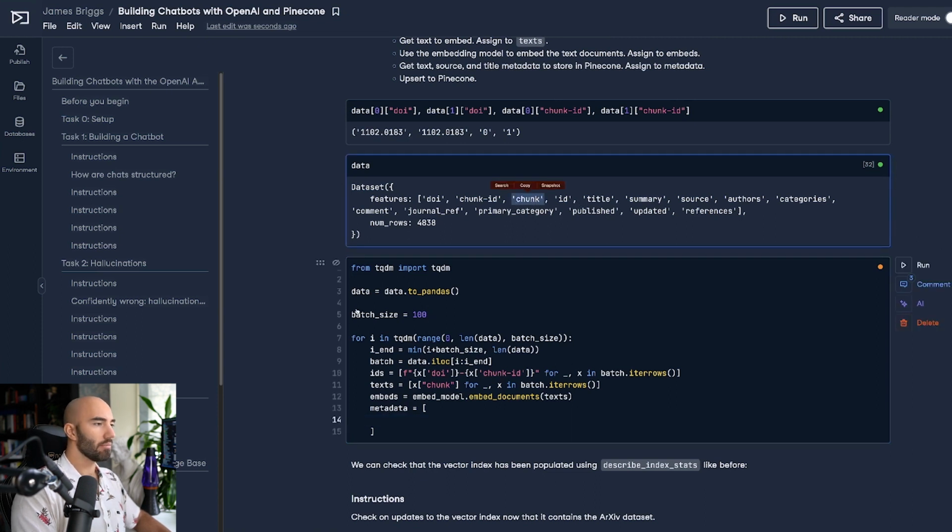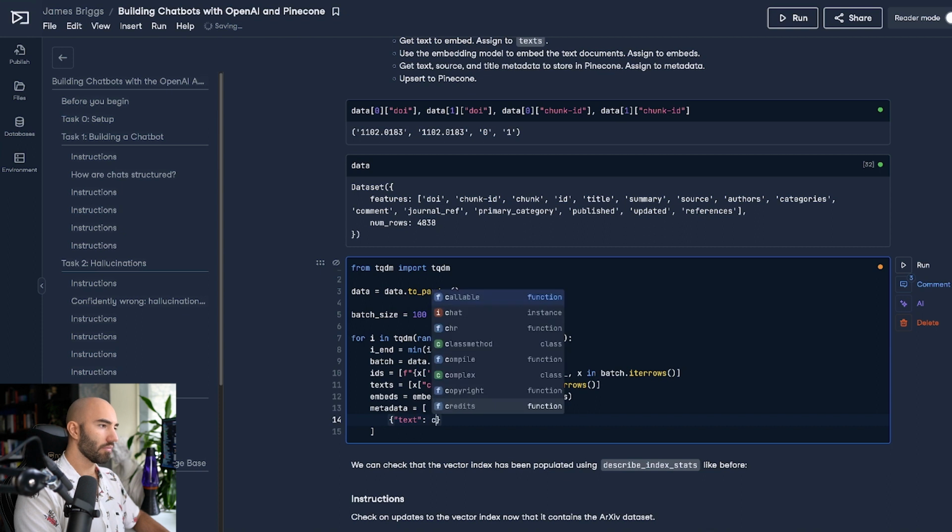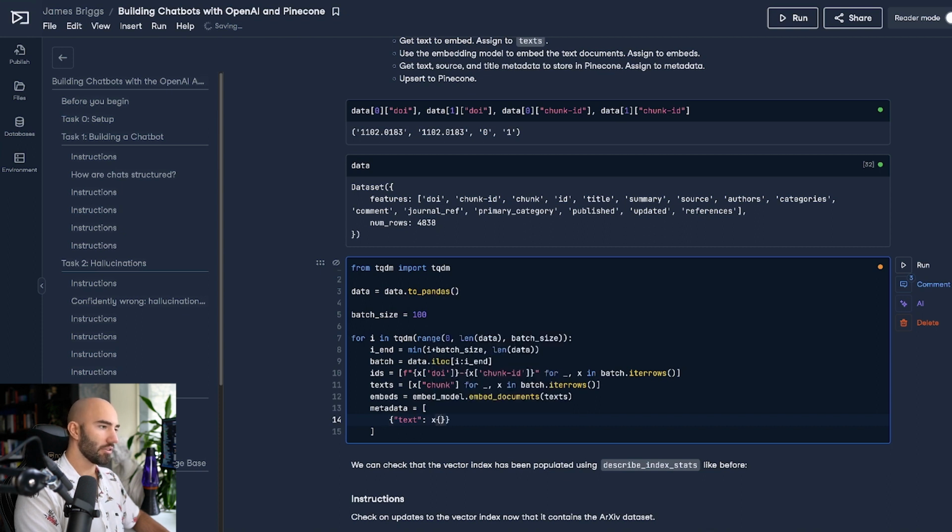We do want to keep that because we're going to be returning that via our query in Pinecone. We might also want the source to see where it's coming from, and maybe the title of the paper as well. You might also want to include other things depending on your use case. So we'll do the text, that is going to be, we saw it already, x chunk.